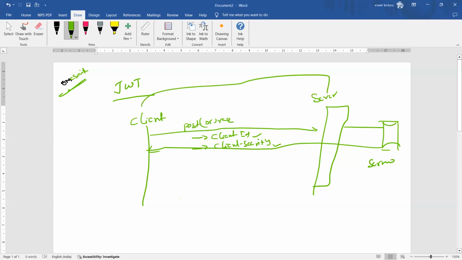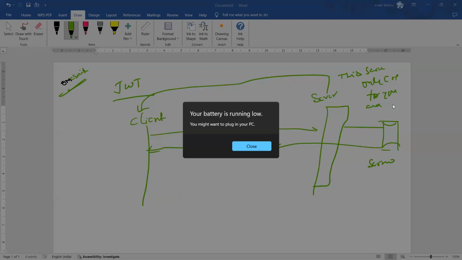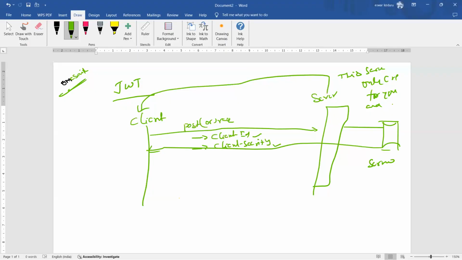It will create it for you and give it to you. Okay. Now in the client tab, they are telling, hey, server,